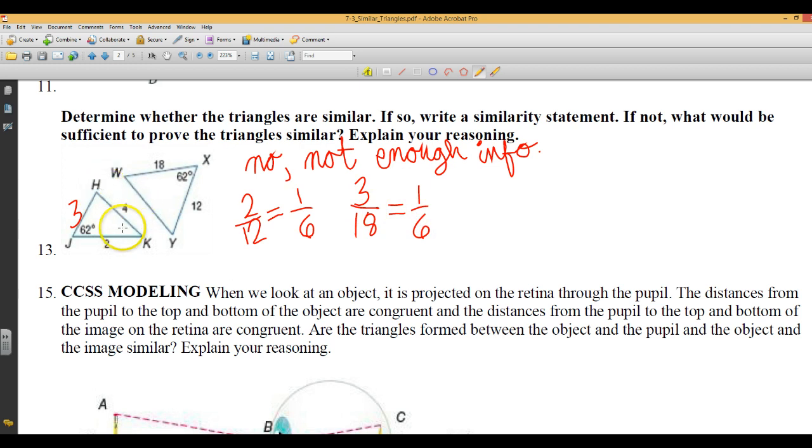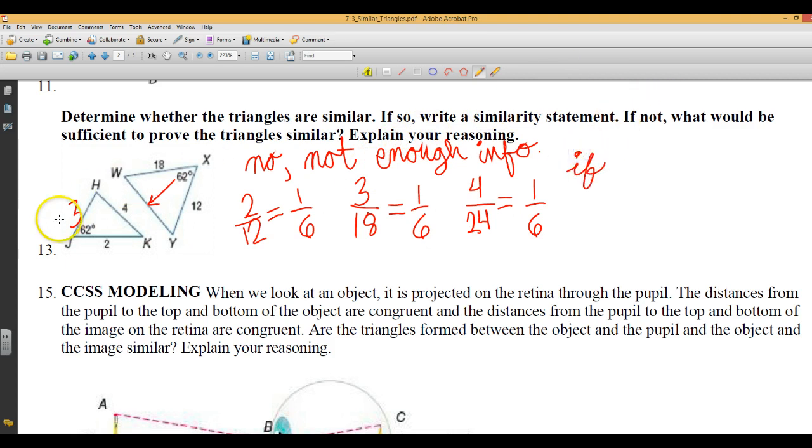And then finally, the side opposite from 62 is 4 here, and the side opposite from 62 we don't know in this one. So we'd also need to know this side. So this time we have 4 over x, or WY, and we want that to be equal to 1/6. So if we take 4 times 6, we get 24. Which once again divide them both by 4, and it simplifies to 1/6. So once again, there's not enough information,